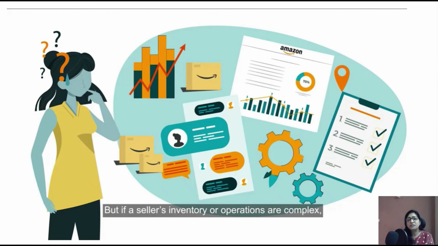Now, if a seller is selling maybe more than 200 or 300 products in a day, or even in a month, or their volume is so high that they are selling 1000 products in a day, then it is a very effective process for them to implement, because they can't handle so much of a burden and they have to automate their process. In case you are a small seller, then you can still manage it manually.